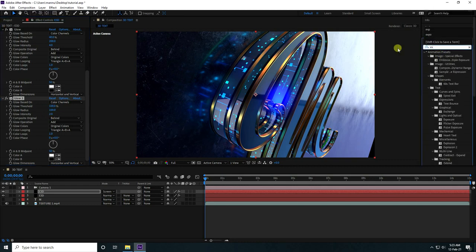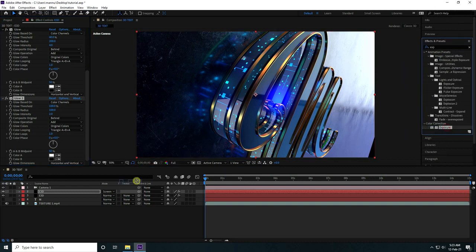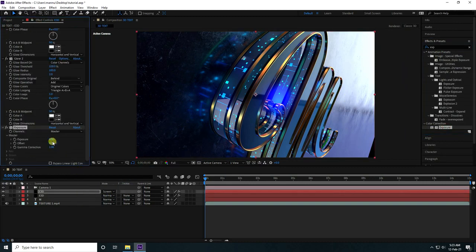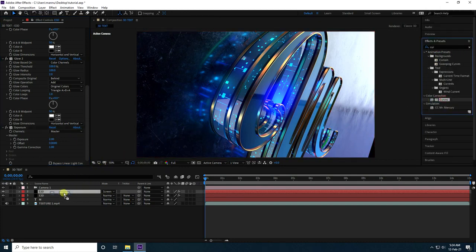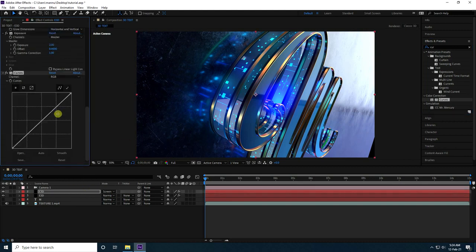And now guys, this time exposure, select, and exposure like 2. Yeah, and last one guys, I take curve tool for color correction. So select and apply. Yeah, and increase size like this.